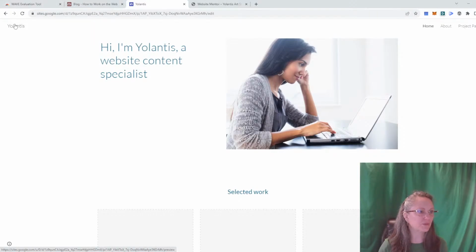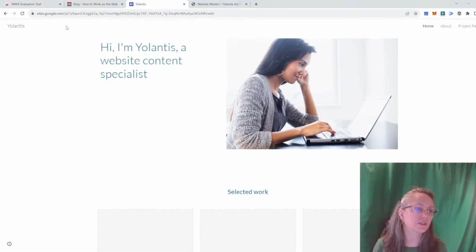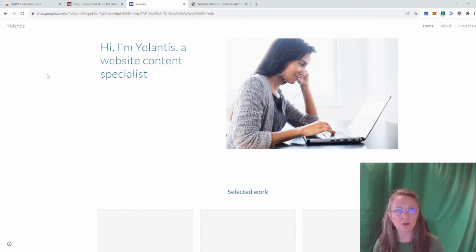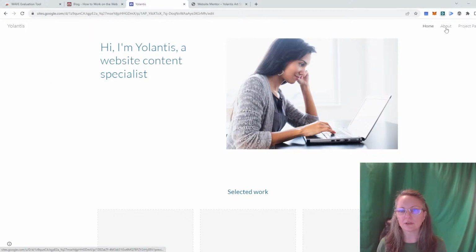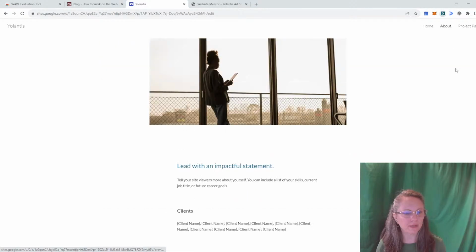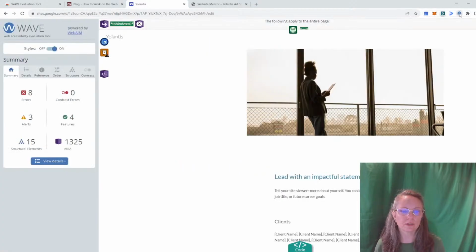I went to Google's homepage, sites.google.com's homepage, and I picked a template. This template was called Portfolio, and then I just started putting things on it. So I've got 3 pages. This is all baked in. It's all templated text. I'm going to maybe wave toolbar this to find out what we've got going on with